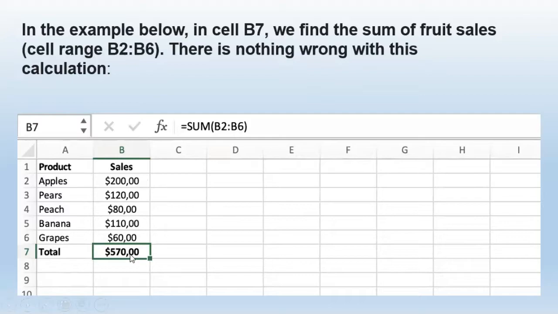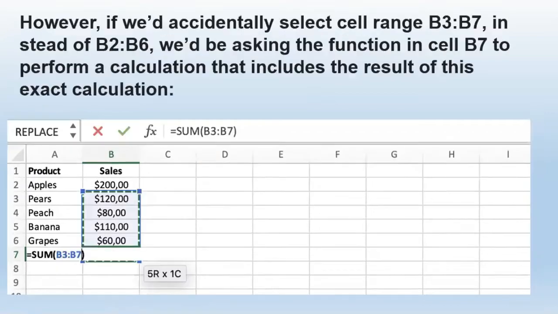So this is the circular reference. There is nothing wrong with this calculation. However, if we accidentally select cells B3 to B7 instead of B2 to B6, we would be asking the function in cell B7 to perform a calculation that includes the result of this exact calculation as well.